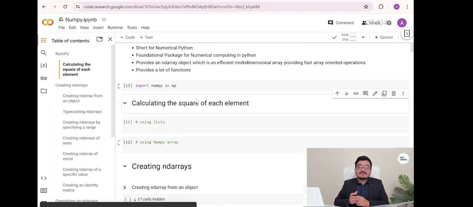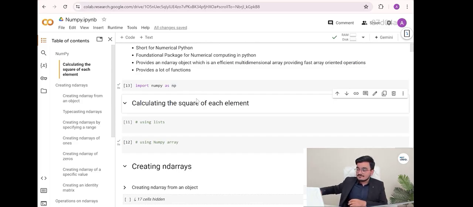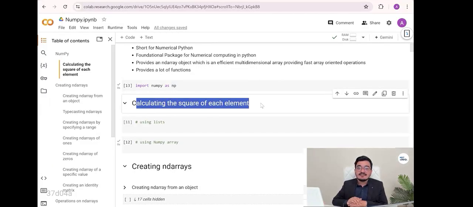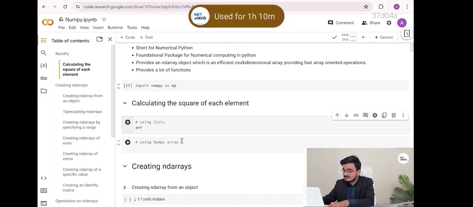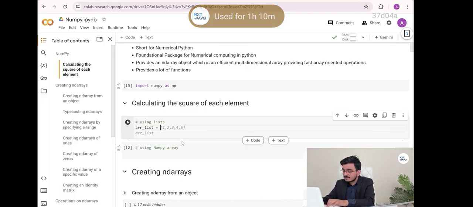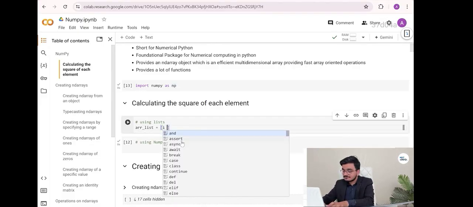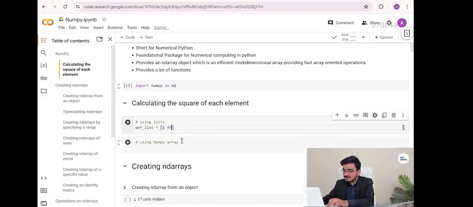Now, as we have already discussed, NumPy is much faster compared to a list, right? Let's see that with a practical example. So let's say I want to calculate the squares of each element in an array. Let's do the implementation using a list. So I can just initialize a list called array_list, and it could be i for